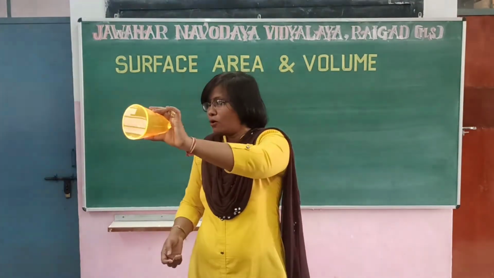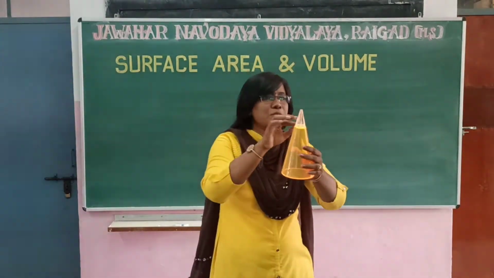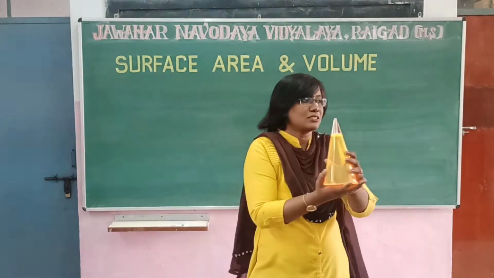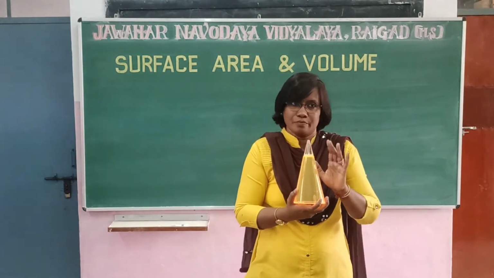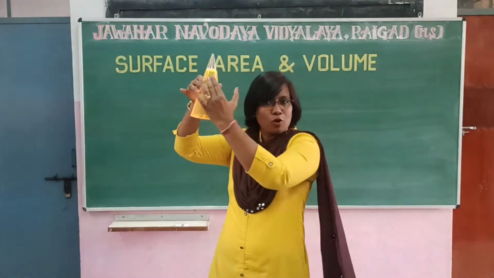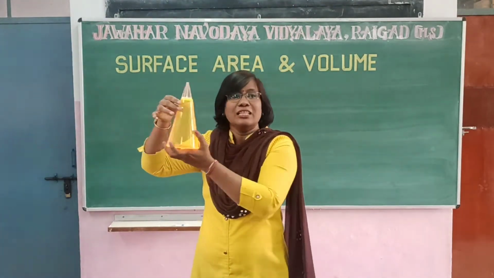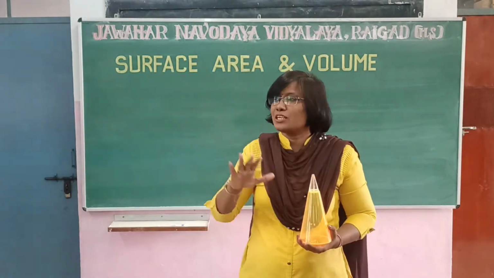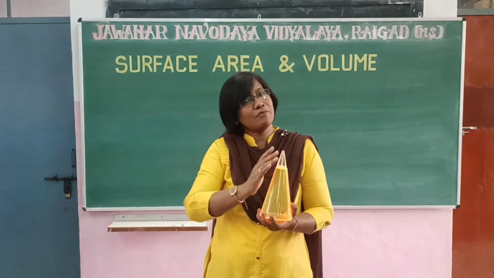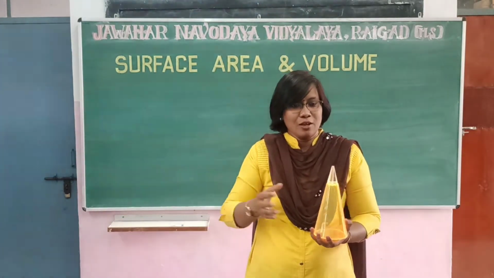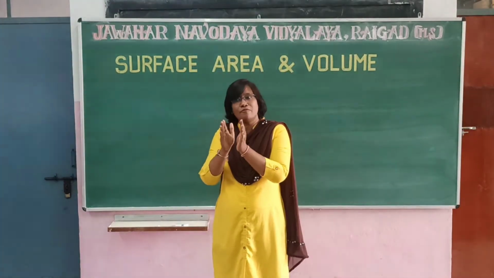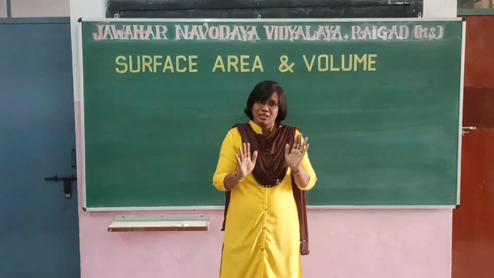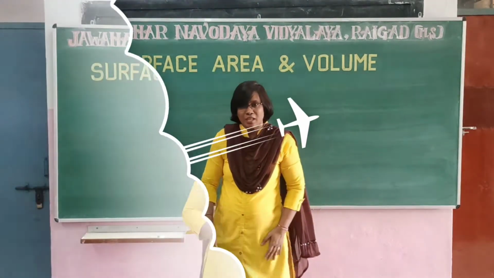Bottom surface, since it is the base of a cone, is a circle. And top surface, if I cut it exactly parallel with the base, what shape will this top portion be? Circle. Correct? So this orange or yellowish portion that is seen is a special solid figure that is called a frustum. That we will deal with in the later classes. For the time being, I hope that your concept of surface area of different solid figures is clear. Am I right? Yes. Okay.